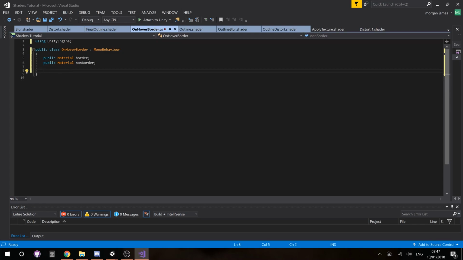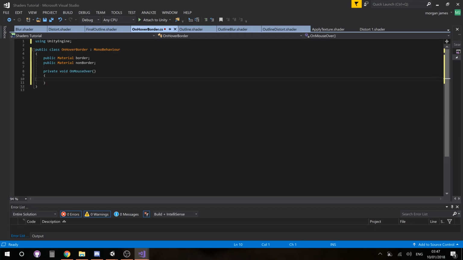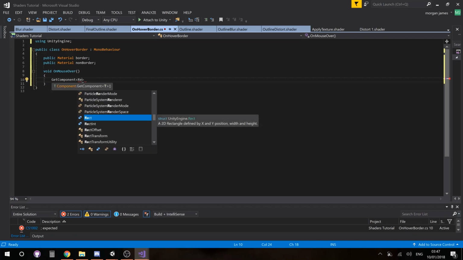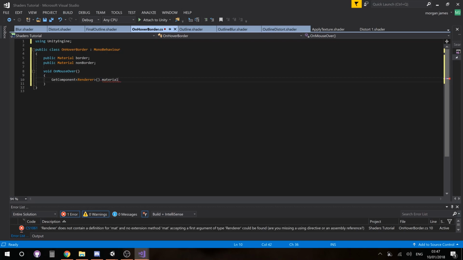And we can have void on mouse over. Just delete that. So on mouse over, so when the mouse is over the object in the game view, do get component and then renderer. And then we can have the material of the renderer, and then equals border,